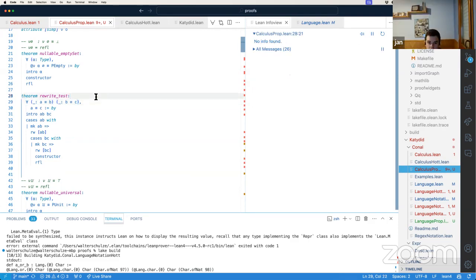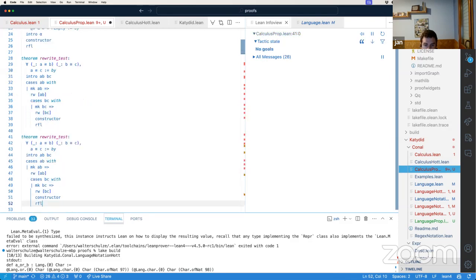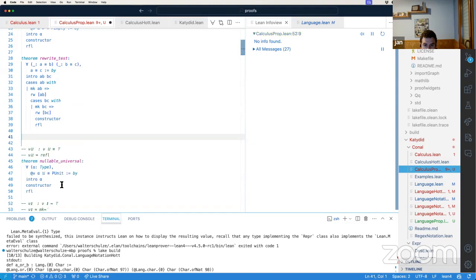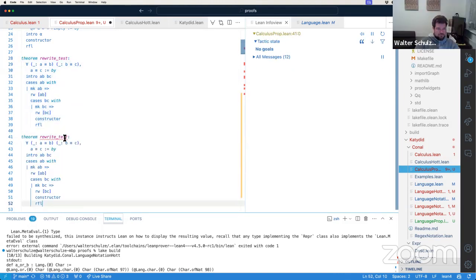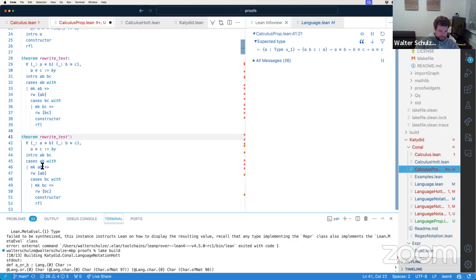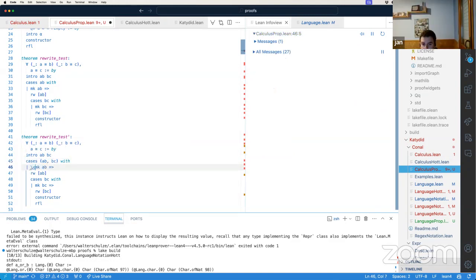So can you pattern match a pair in Lean as you do in Haskell? So what I mean is, if we want to try to avoid using two different cases, can we pair AB and BC as a tuple? Yeah, that's a good question. No? Okay. Well,